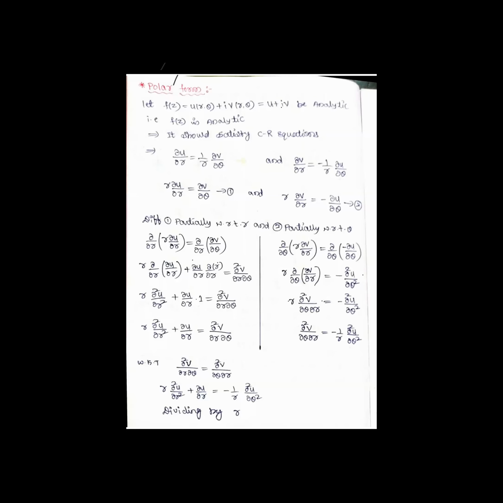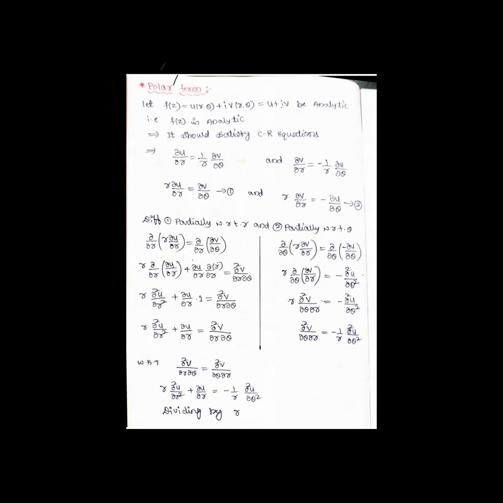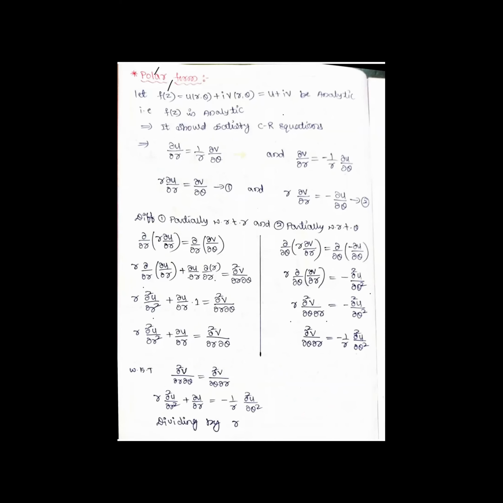Similarly, one part I skipped. Sorry, I did not write it. Next, the other part is here, so I'll give it to you in the form of notes. Please try to refer to the notes clearly. In the second half, we have now shown that the real part of an analytic function is harmonic. Next, you show that the imaginary part of an analytic function is harmonic, that is, v should be harmonic. This I had to show you.